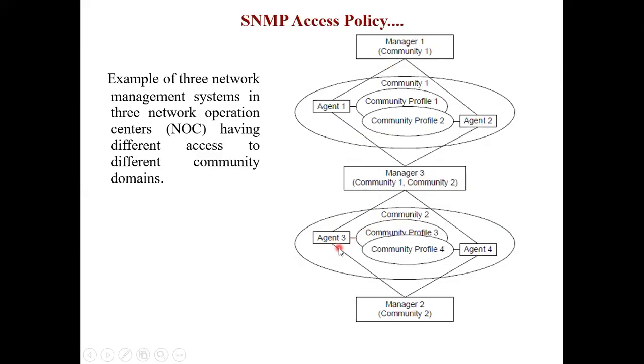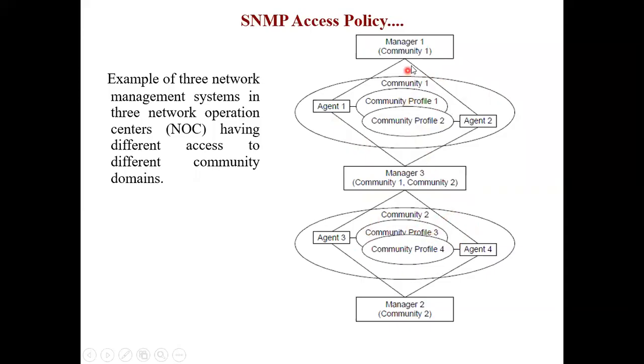Now there is internal competition between the Pune zone and the Mumbai zone. That happens everywhere, some targets are there. Suppose this manager wants to get some data to improve the performance of his network elements, then he might ask this particular agent, but this agent is not supposed to give that data to that particular manager. So this being the central HO, he should get the data from all his branches. Then only there will be a performance measurement of this community 1 or domain 1, or domain 2.